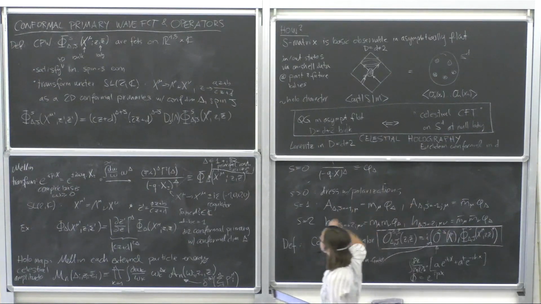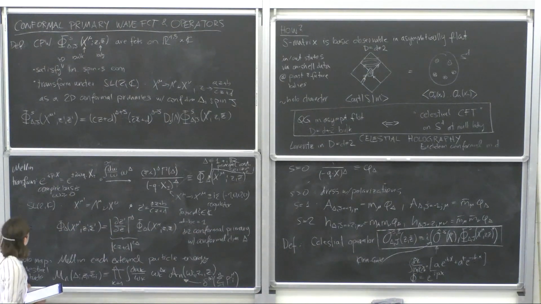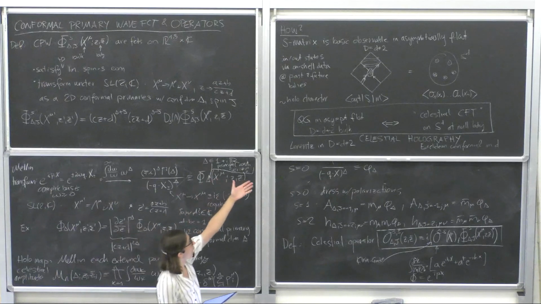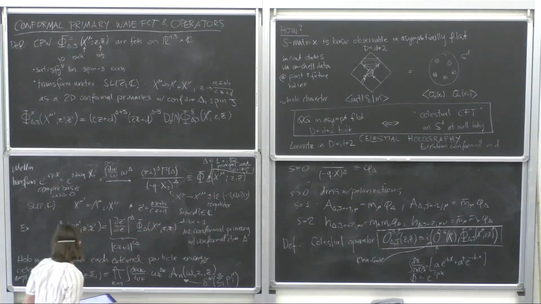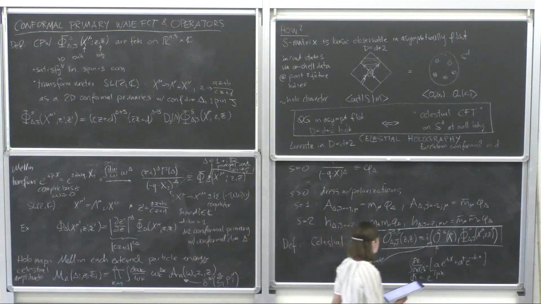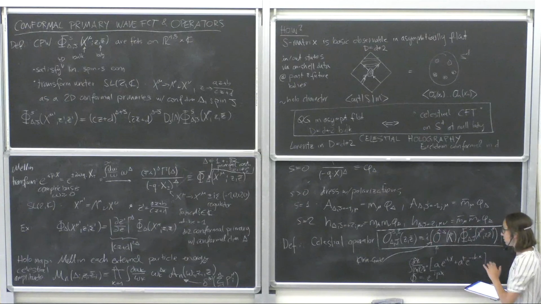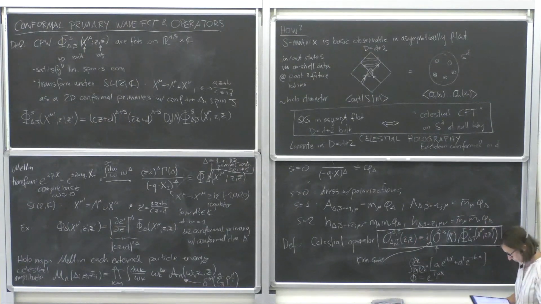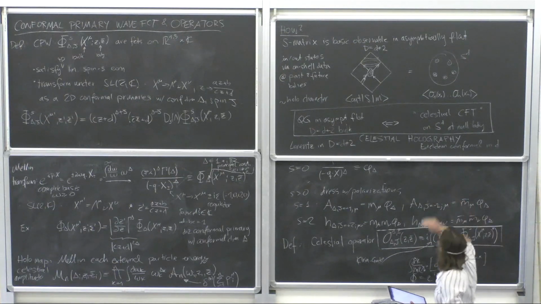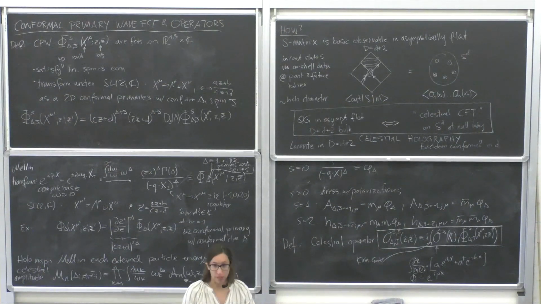And then we have looked at different aspects and building blocks of this proposal, notably the map that takes us from plane waves to these new wave functions, which when we stick them into our S matrix elements gives us correlation functions on the sphere. We have defined what these conformal primary wave functions are for general massless particles, and then ended with defining how you can, from those four-dimensional objects, get a two-dimensional boundary operator. And these are the operators that we stick in these correlation functions here, which gives us the S matrix. And with that, I think I'm going to end. Are there any questions?